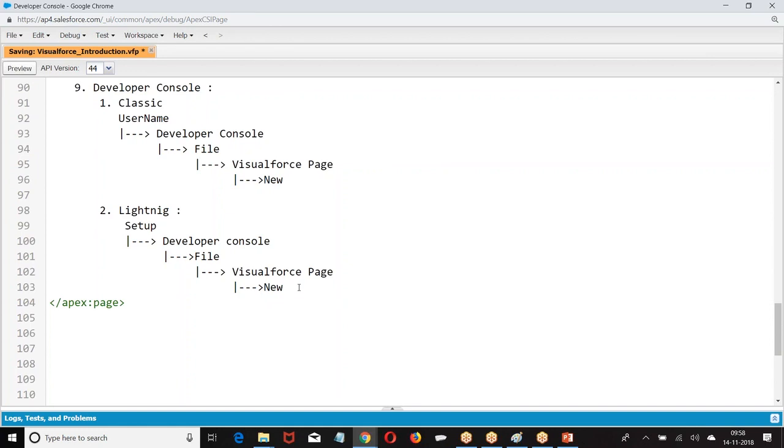Okay. What is the third one we had? URL. So using the URL also I can create. So the point is, how do you create using URL? Let the file be saved.